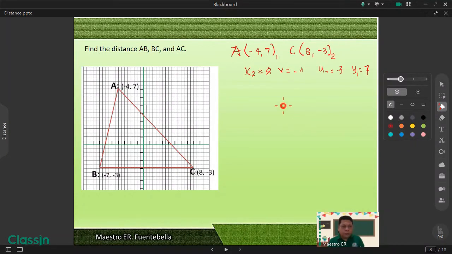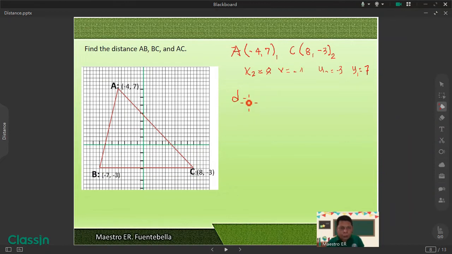So let's substitute to the given distance formula that d is equal to the square root of the quantity of x sub 2 minus x sub 1 quantity squared plus the quantity of y sub 2 minus y sub 1 quantity squared. So substitute. So the distance now is equal to the square root of